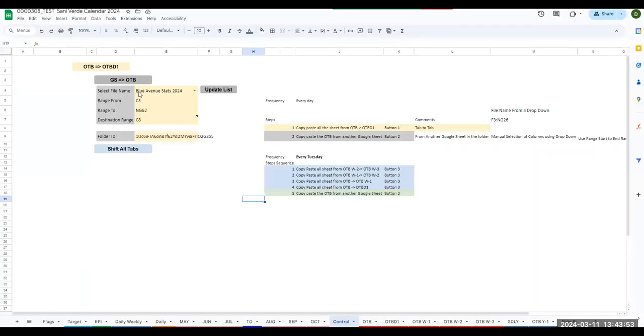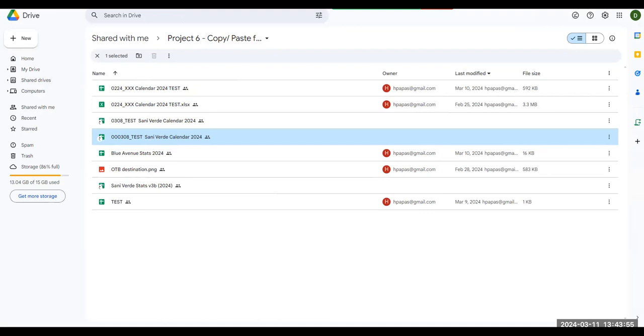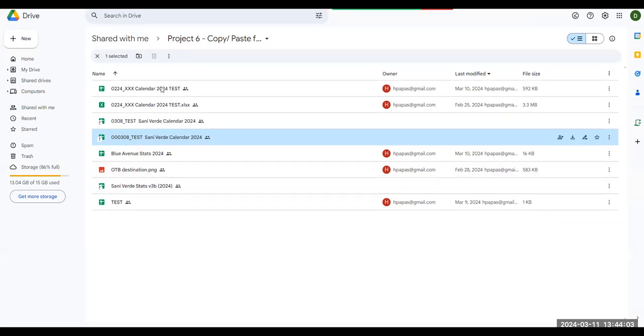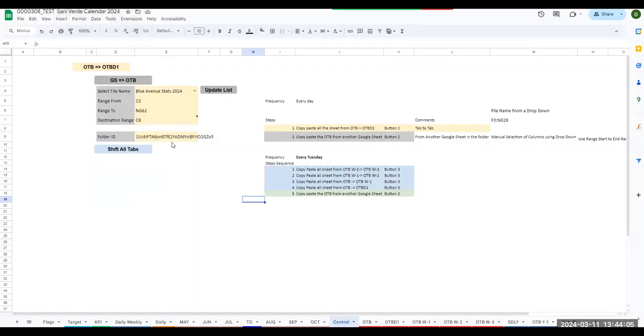I have just made some changes. So now I have given the link so that you can insert the folder ID in which you want to look into to find the file. So I'll just copy the folder name, paste it in here, which is a new field, and the rest of the fields are the same. Now I'll click on update. Still, this will show you